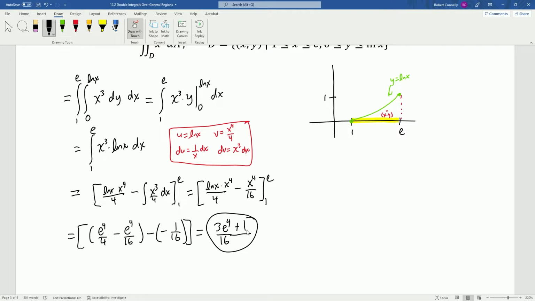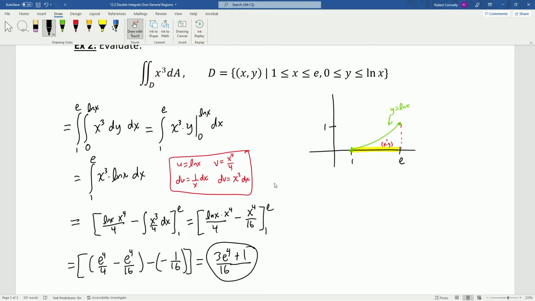Okay, so that's totally fine. I just wanted to illustrate, though, that we can actually re-describe this region as a region of type 2 instead of type 1. So let me show you what I mean here. We could have considered our bounds y from 0 to 1. Now, not all regions can be switched, which is why we need to be able to do these both ways. But if I had instead considered my region from 0 to 1 on the y,